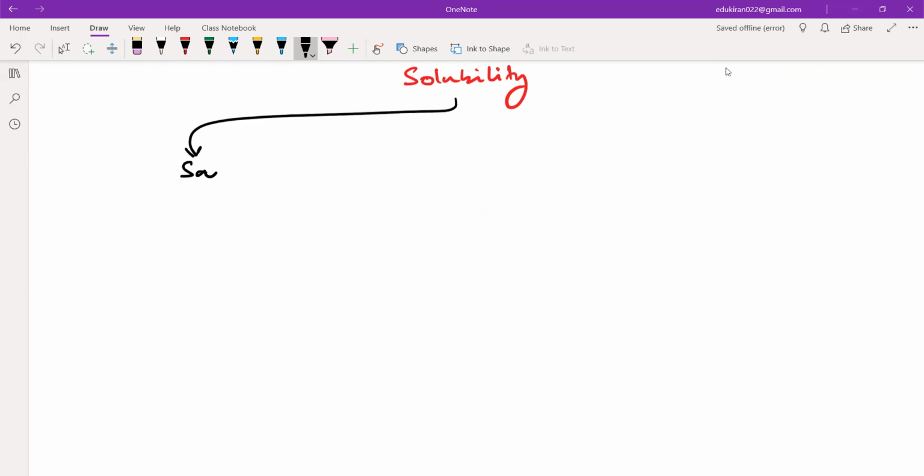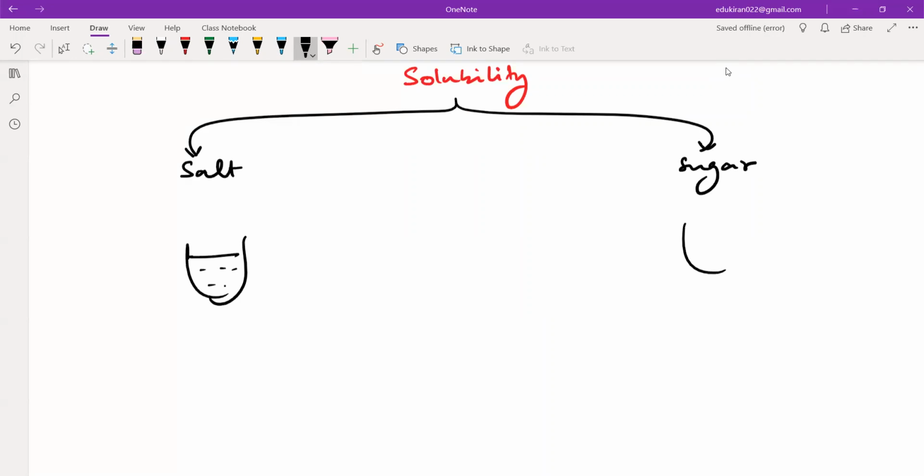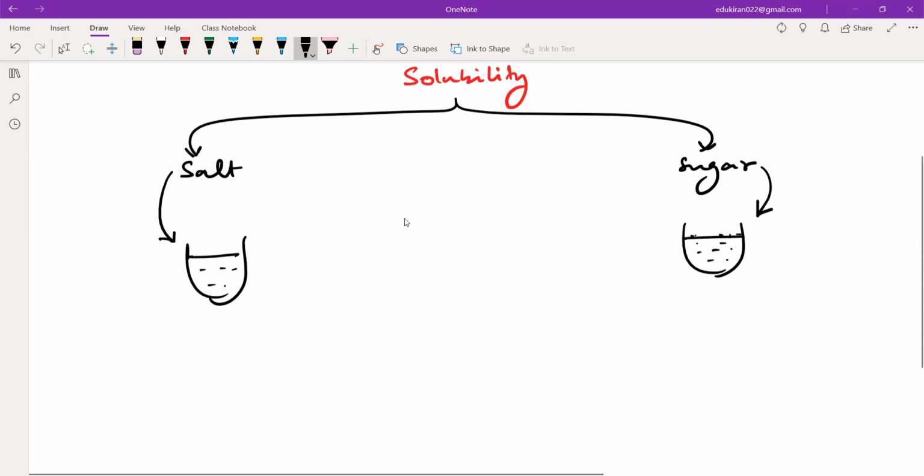Okay, I have given you an ample amount of salt and an ample amount of sugar. Both are 1 kg, and then I have given you a glass of water, and both the glasses of water are 100 ml. Now those who have been to the kitchen and have mixed a few things, you will tell me which will get dissolved more easily, salt or sugar. If I add salt into water, will that get dissolved easily, or will sugar get dissolved easily? Tell me.